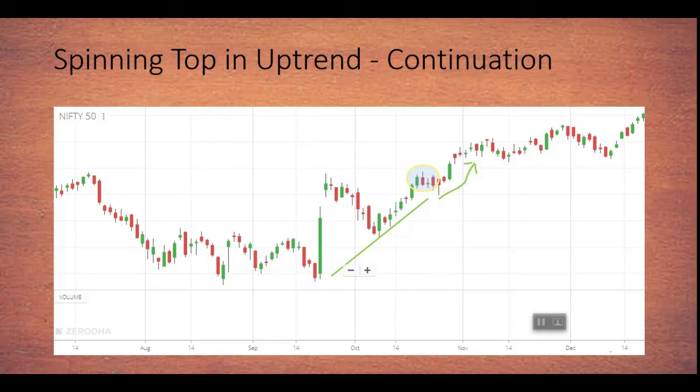So this is a very good chart pattern, which shows that after either the bulls or bears are in control, after some time the opposite party tries to take control. Let's say bulls are in control and the bears try to take control, then spinning tops will happen, right? Make sure that a spinning top has a small real body and almost equal upper and lower shadows. If that happens, that's the spinning top candlestick pattern.